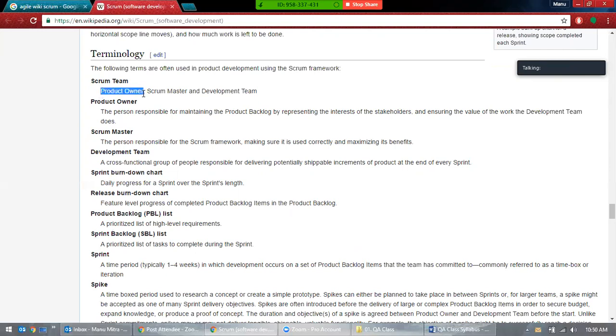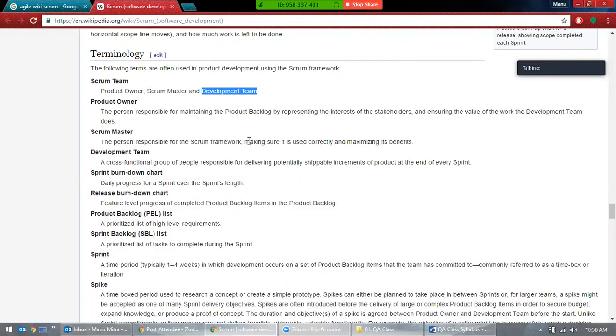product owner. Product owner is the business analyst in the waterfall model. Same people, same job, different terminology. Scrum master is the project manager. In the development team, we have product developers: Java developer, web developer, HTML developer, Ajax developer, .NET developer, and so on.